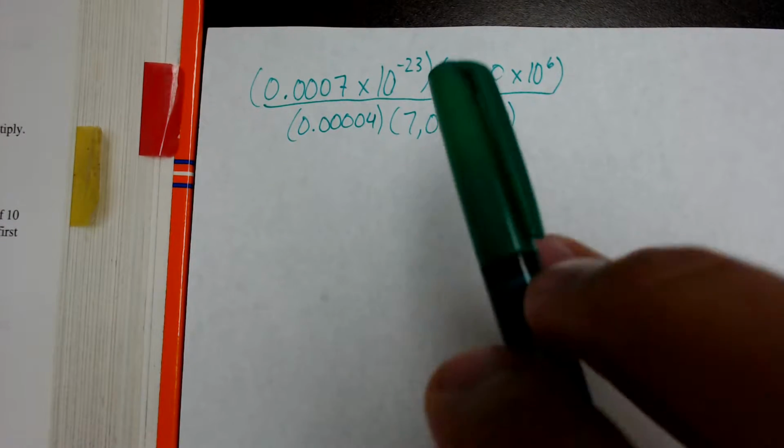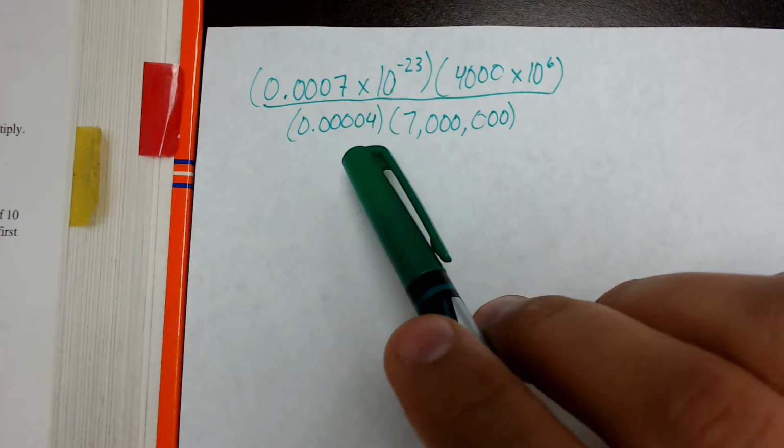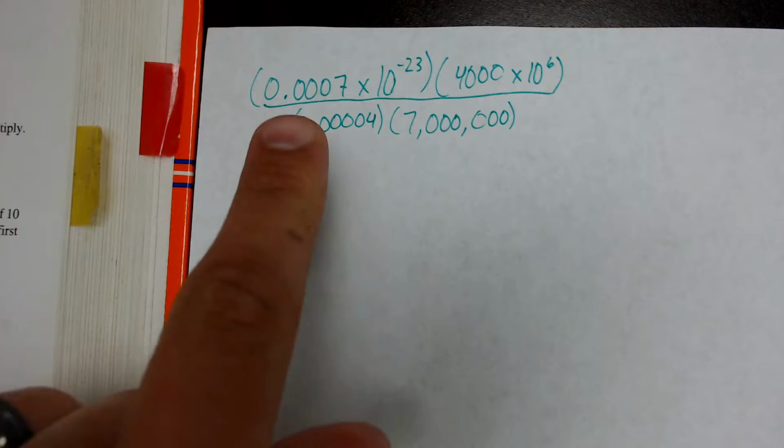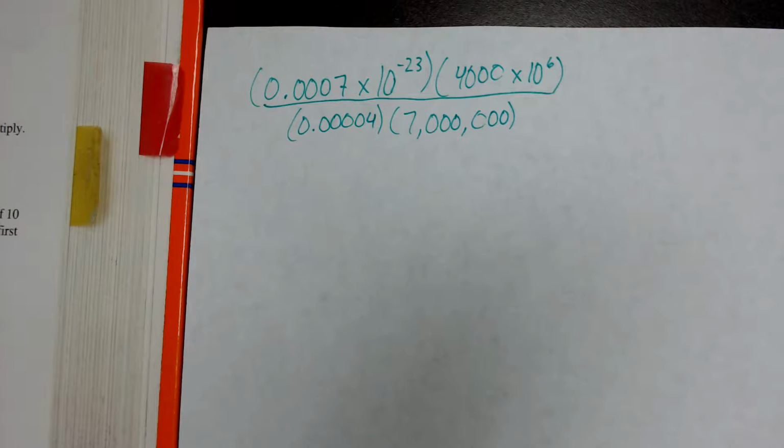Now, the first step in these problems is to convert all these numbers into true scientific notation. And you can see none of them are yet. We need to move our decimal points behind our first number, and then we need to adjust our 10 in our exponent. So the first step in these problems is going to be to write all four numbers in true scientific notation. So let's start with